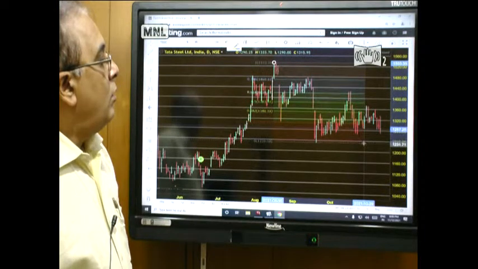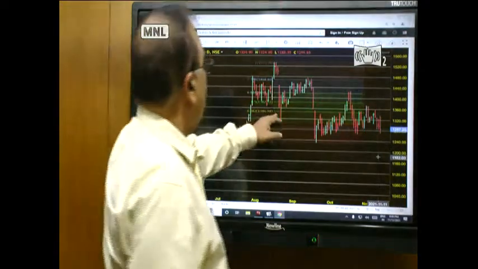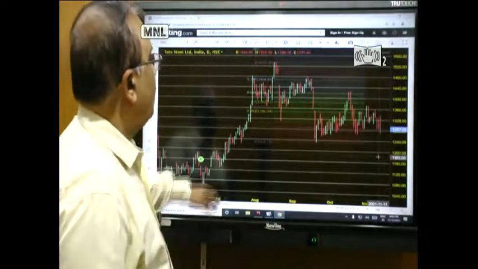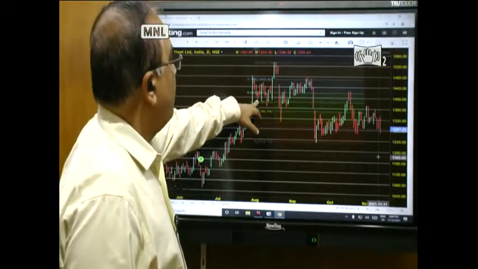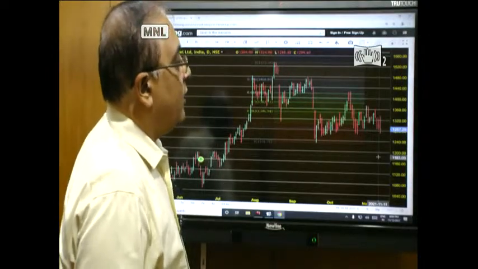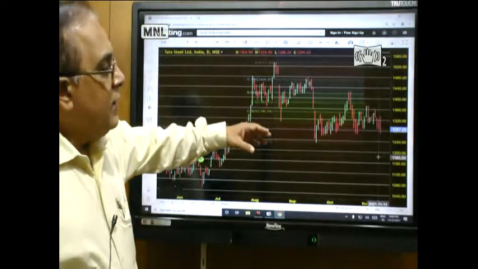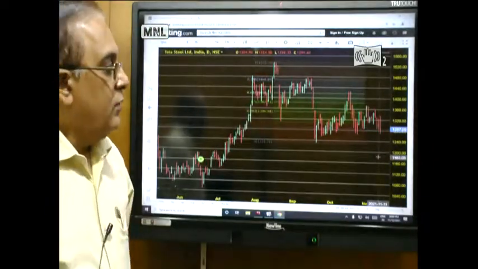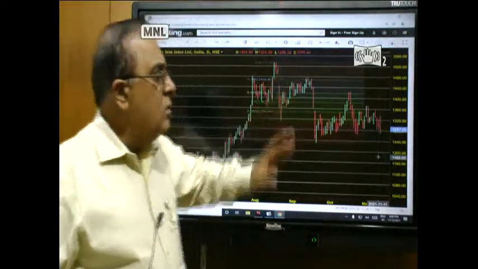So now you can see this 38.2%, 1346, so it went up, and it went up to 61.8% retracement. The moment it went up to 1418, 1345, 1346 itself becomes a trailing stop loss. So the moment it went up to that place, 1345, 1346 was taken off, then we should have probably exited this particular trade. So right now, Tata Steel,